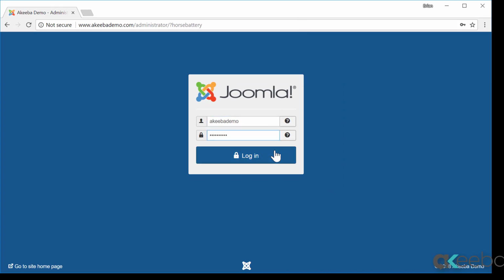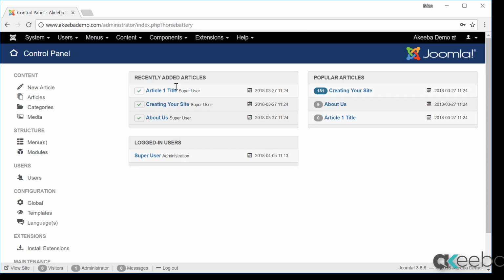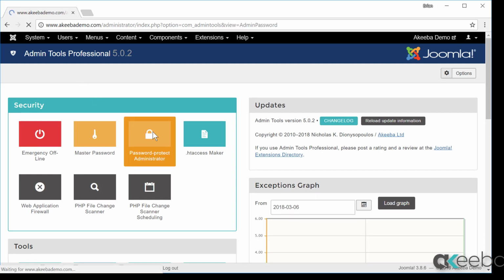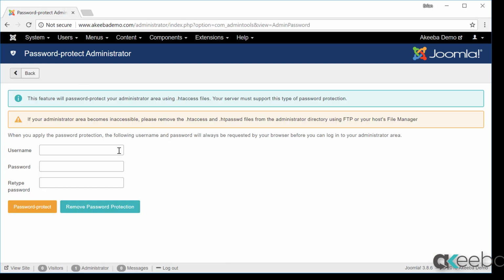Whilst this will prevent most types of brute force attacks, a far better option is to use the password protect feature we also saw in the installation video. With this method, you can prevent access to your administrator with an additional username and password. Enter the username and password that you want to use. This should not be the same as your password for anything else, including your Joomla administrator login,